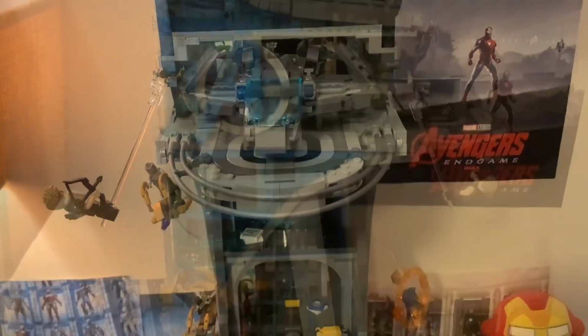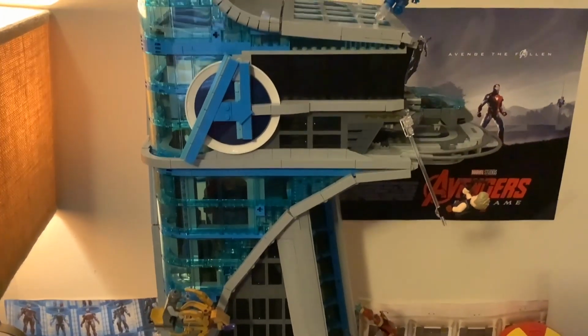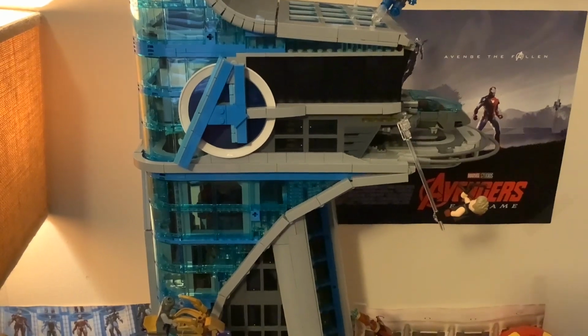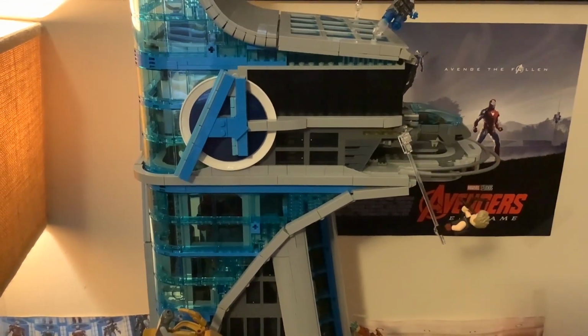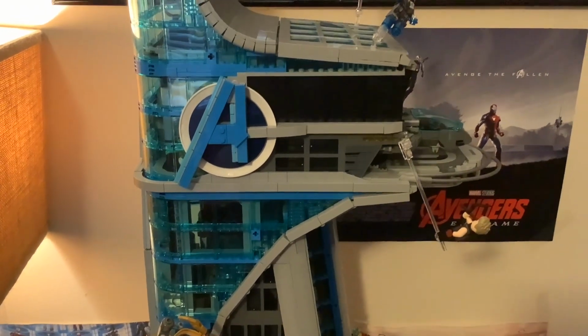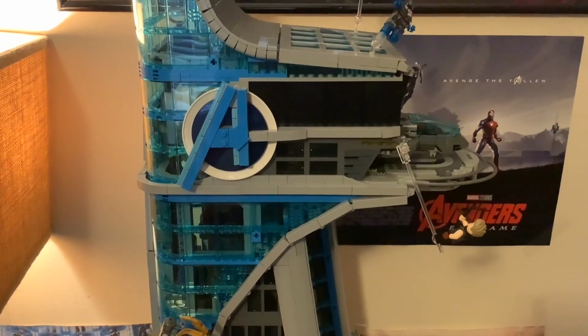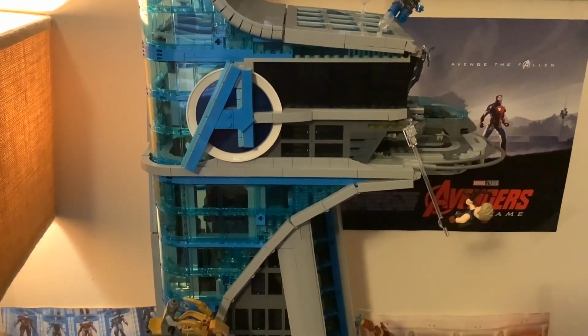Now let's move on to the overall. This has to be one of the best LEGO Marvel sets of the year. I'm so happy that I got this set. I know this set was $500, which is really pricey, but once again, this is the last time I gotta say this since I don't want to repeat myself to death. I am a sucker for expensive Lego sets, but at least I love the references, the characters, and all the